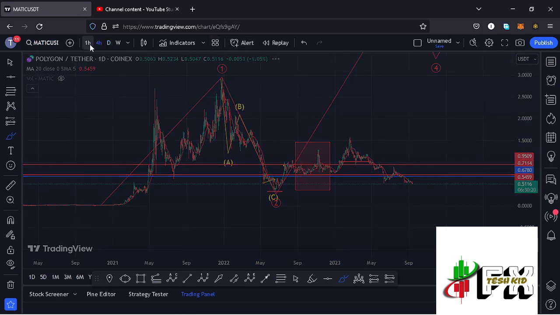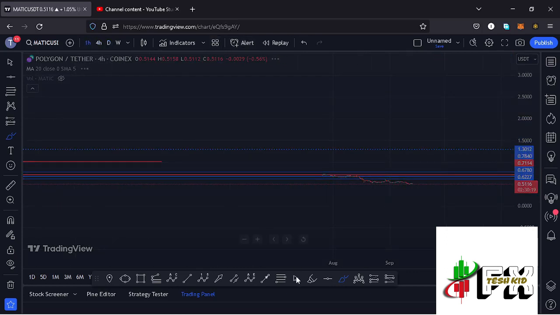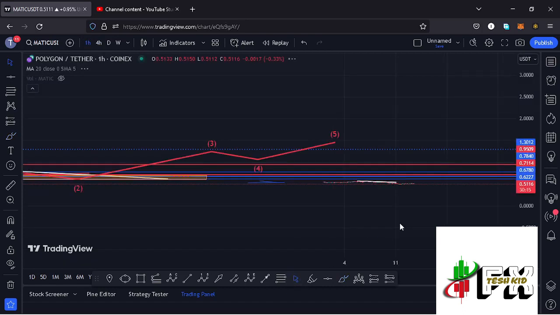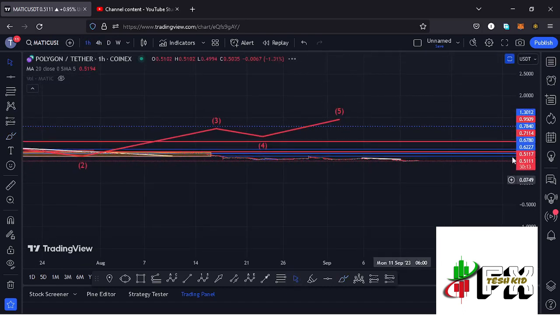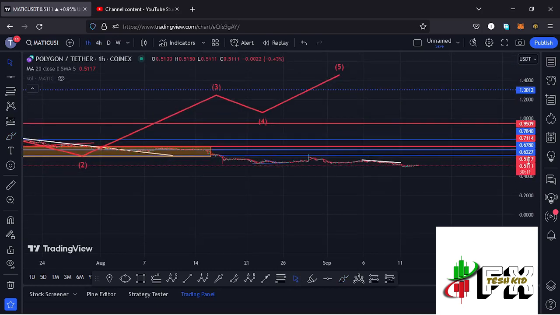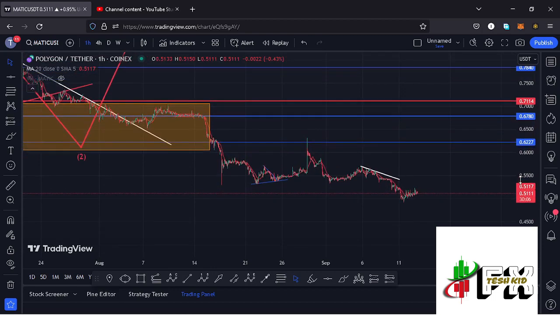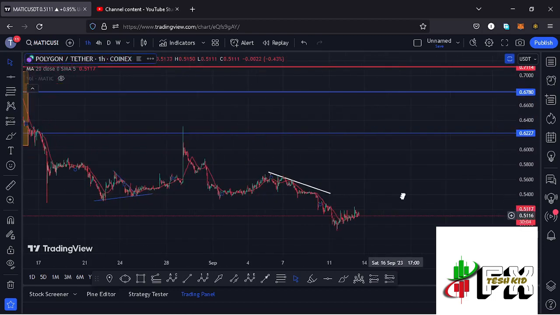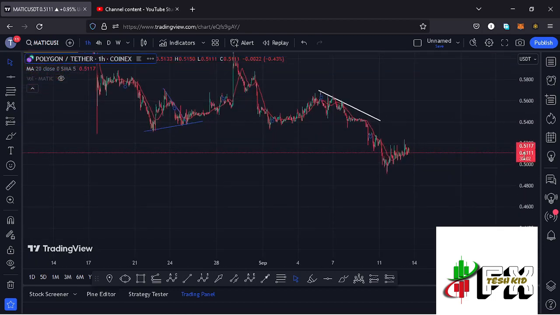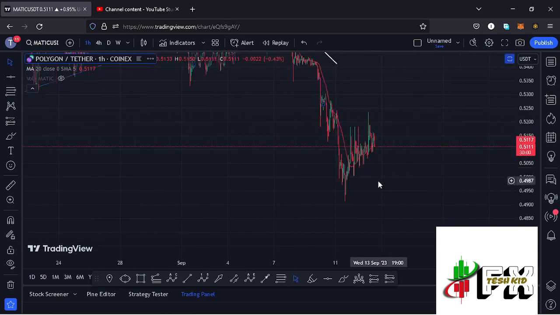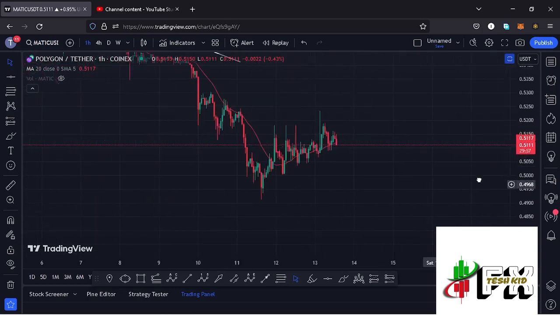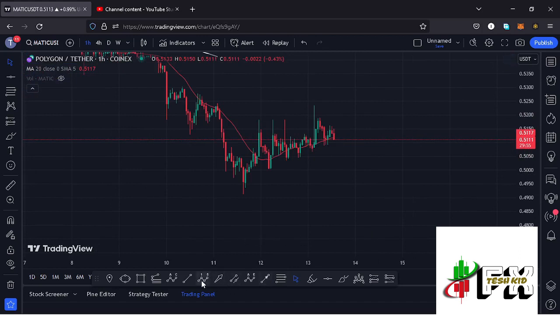And jumping to the 1 hour chart here on the Matic chart to give you my short term expectations and also the key areas that we need to keep our eyes on for the short term here on the Matic chart. If I zoom out, we have a very nice trend line that has continued to be well respected. And zooming out so that I can show you that, you can see that right here we saw this massive breakdown this week on the 11th of September in a move that gave us a low at